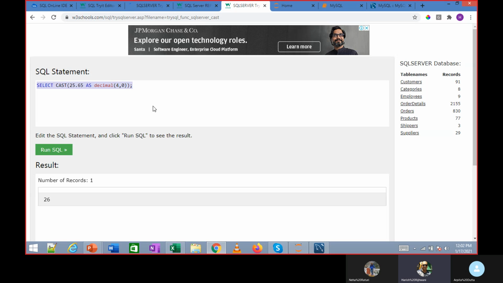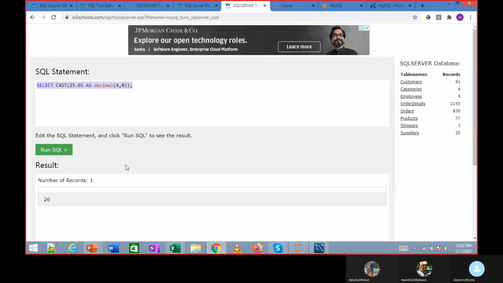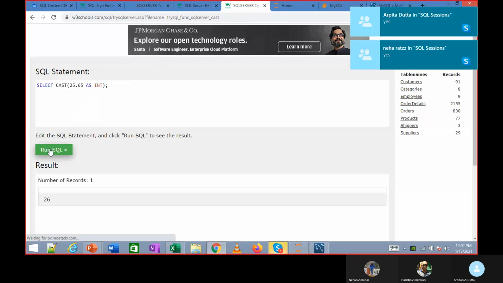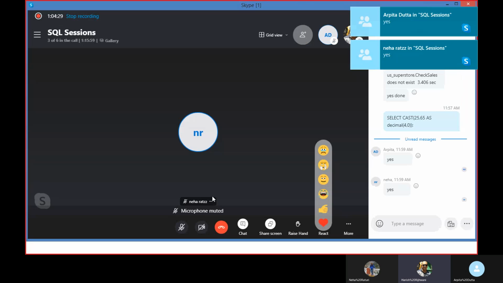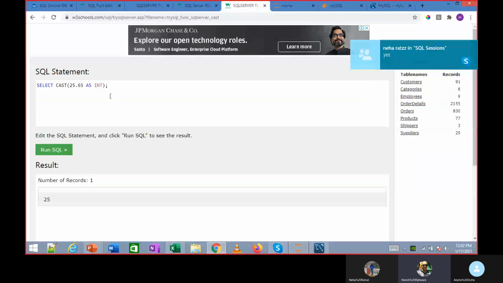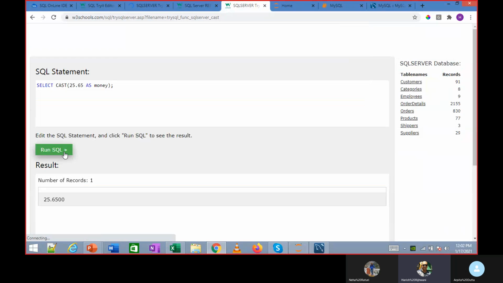You got the idea? There are many representations of this: integer, decimal, money, text, and whatnot. Let's try this. So the representation changes from that perspective.